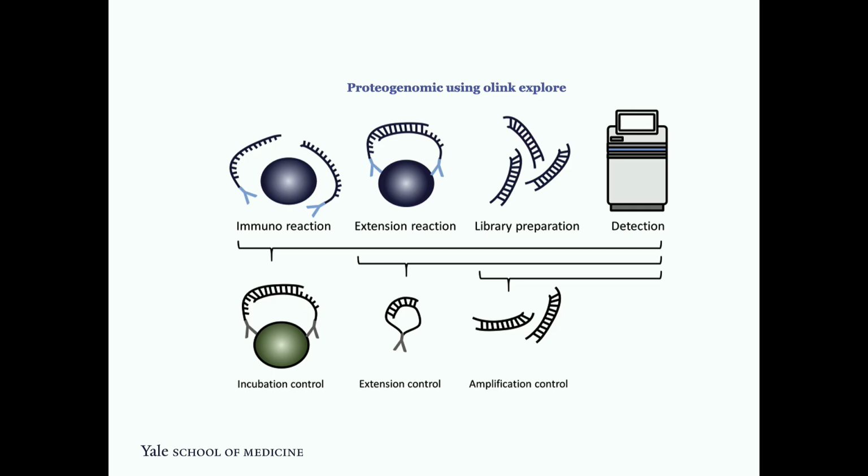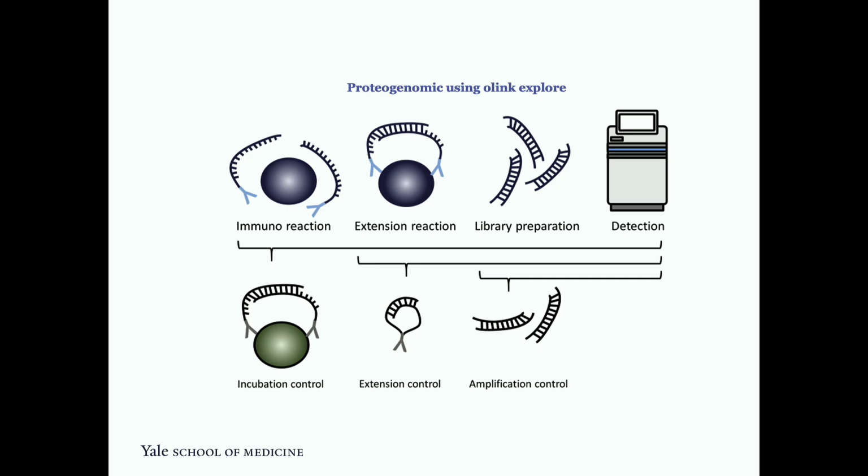In the case of another company called Olink, which also makes a proteogenomics kit, it is a little simpler, and it is antibody based again. Any problem you can think of with antibodies is there, but the way they get specificity is that instead of one antibody, they use two antibodies. Each antibody has a small DNA fragment attached to it, complementary to the other. If random antibodies come and interact, they won't make the complementary pair. If the right antibodies come and recognize two different domains of the same protein, then